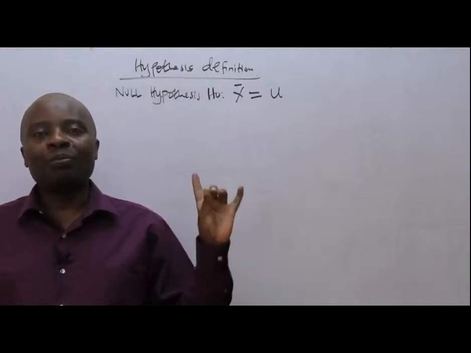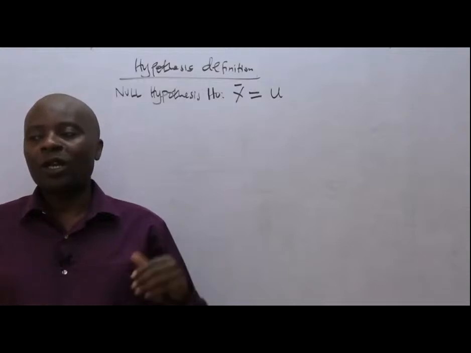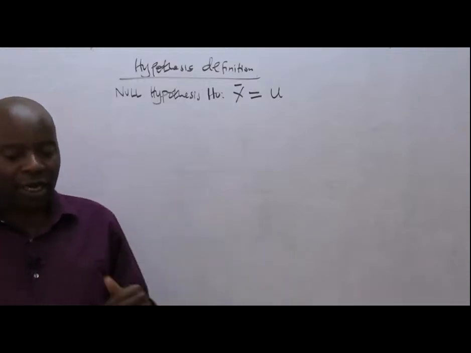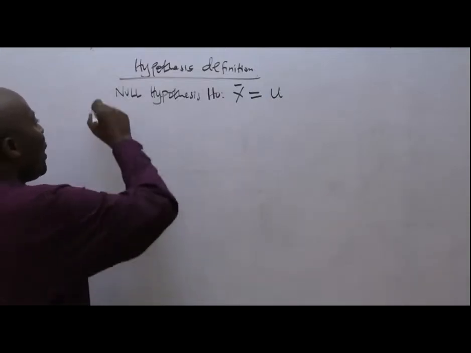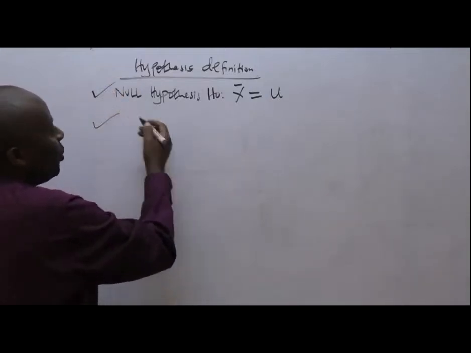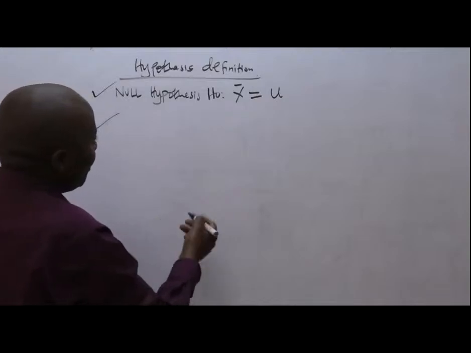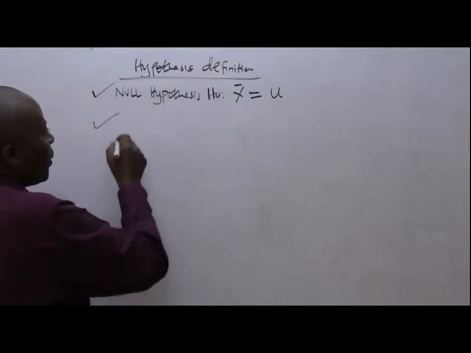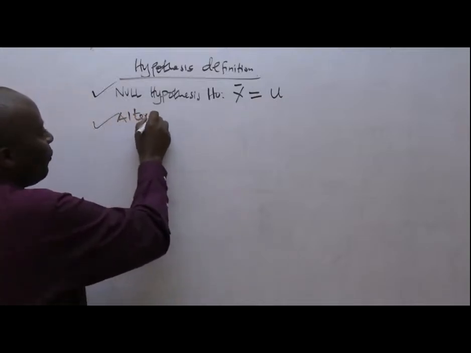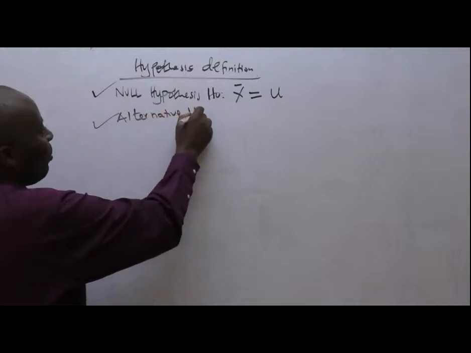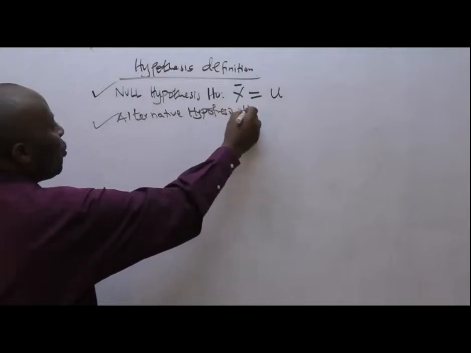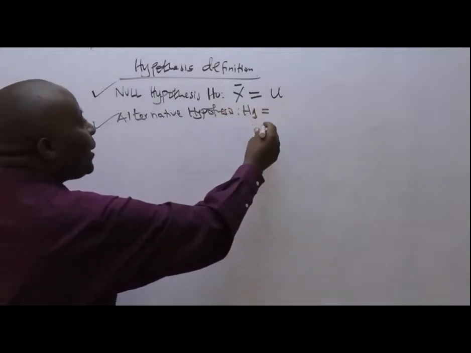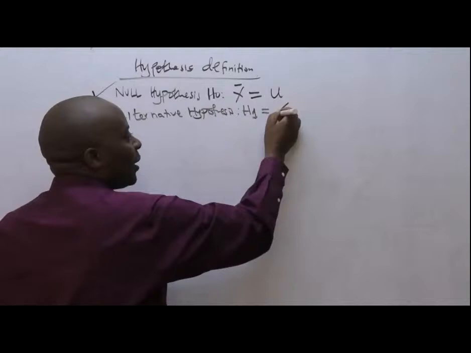And the mu stands for population mean. I want to believe you have done that. Now for us, when we come to the table, we must also put down an alternative hypothesis. So the alternative hypothesis, which will be H1, will be the one that is going to prove that